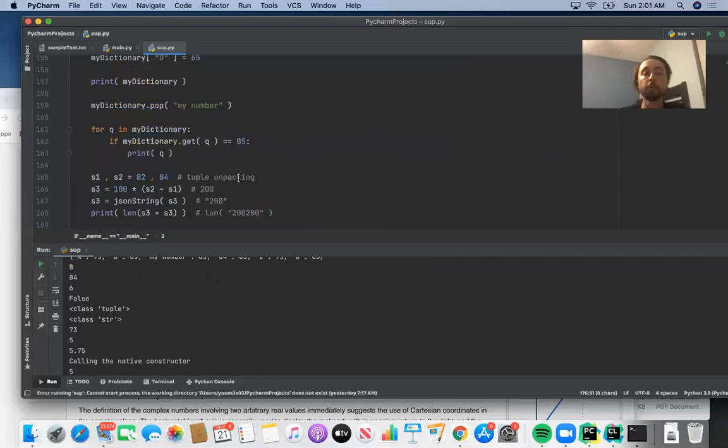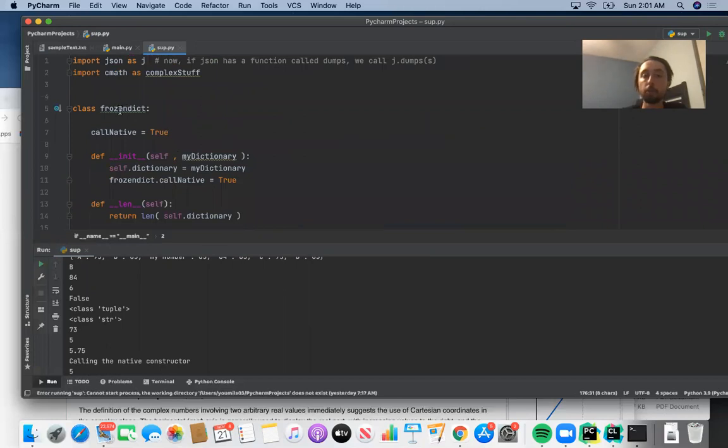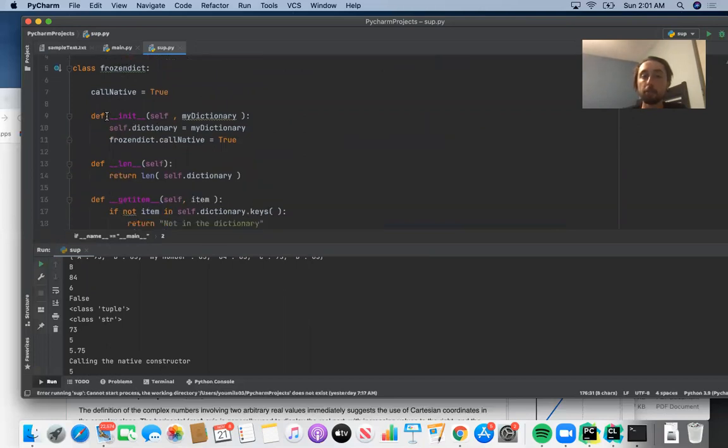And then we implemented frozen dictionary. So we have a class called FrozenDict, and then we have a constructor defined __init__ of my_dictionary. We said self is not a parameter. It just indicates that it's essentially an instance method, right? A constructor is a special type of instance method that instantiates an object. It creates an instance of a class at the beginning.